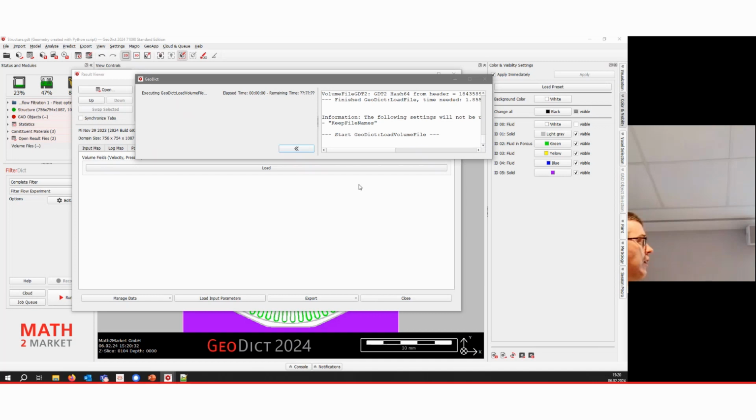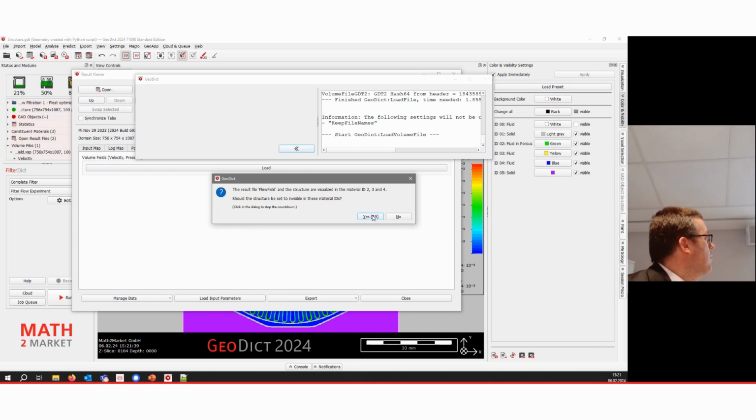Is there anything on the Q&A there? While this is loading, well, my laptop isn't the strongest one today. Are there any questions on this workflow?